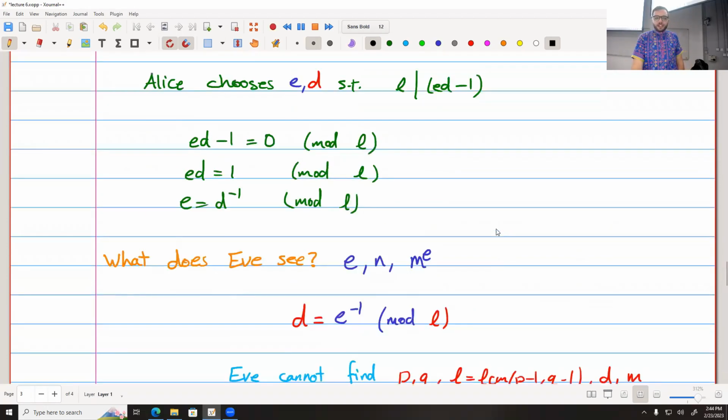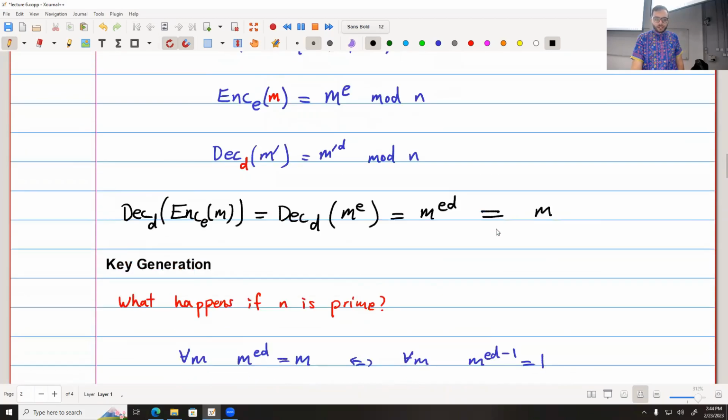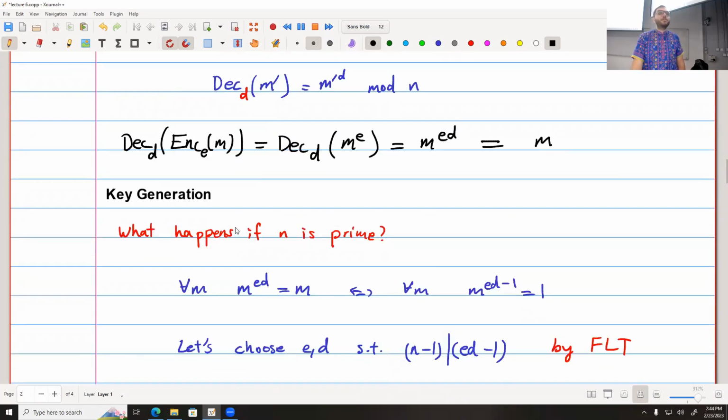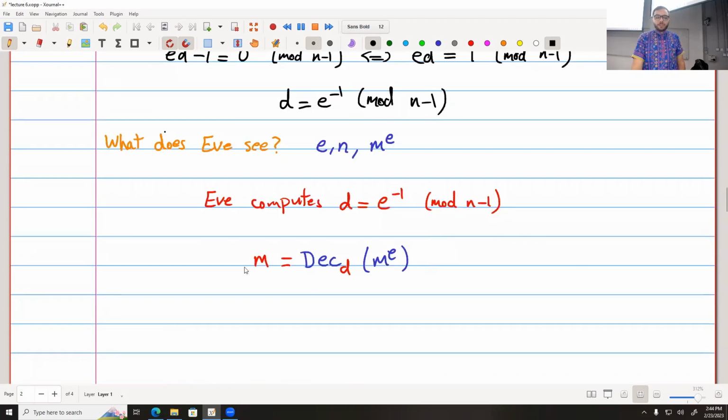So the difference here is that when I was just using a prime number as my modulus, it was actually quite easy to break it. It was quite easy to compute this inverse, because I just knew that my decryption key is the inverse of my encryption key modulo some number that was also easy to compute. It was just n minus 1,